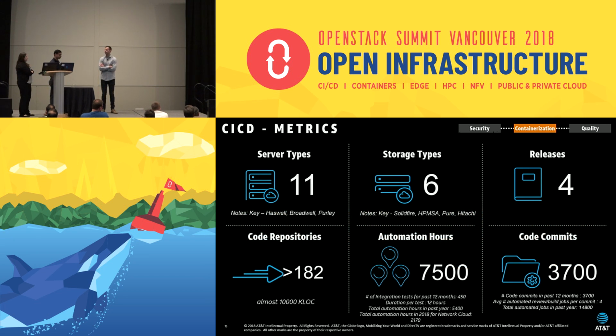To end with it, we're just putting out some of our CI/CD infrastructure metrics here. We are in AT&T. We are supporting 11 server types, 6 storage types. We have 3 or 4 parallel releases going at any given time. This was pulled a couple of months ago. We have more than 200 internal code repositories that our CI system is supporting, more than 7,500 automation hours,